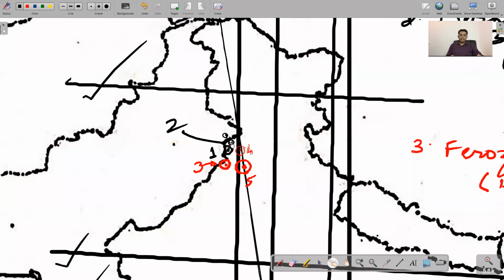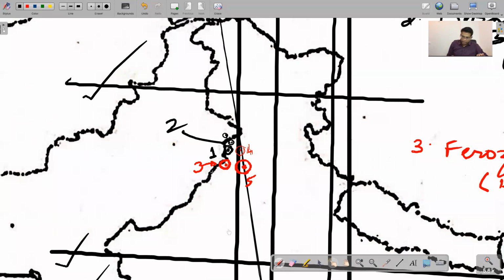Then above this here, Wagah, Dera Nanak Sahib, the terminus of the Kartarpur Corridor. Just where the bend ends, this is Ferozpur. From Ferozpur, if you move eastwards on the Calimere Pathankot line, this is Ludhiana, this is Jalandhar, this is Kapurthala. Jalandhar-Kapurthala is an industrial region and Ludhiana is also an industrial region.